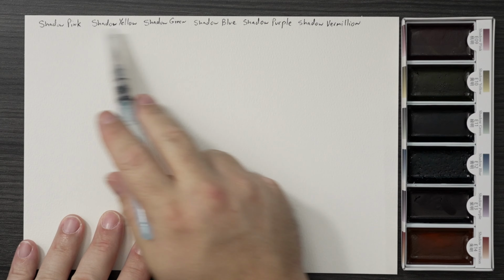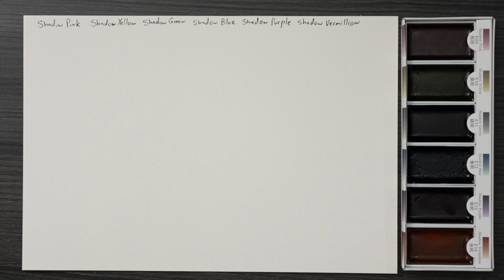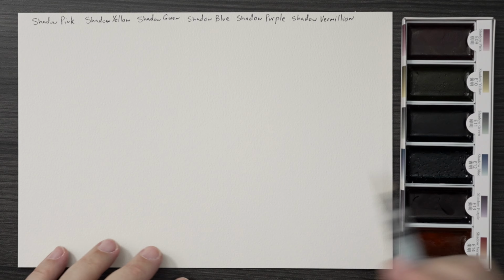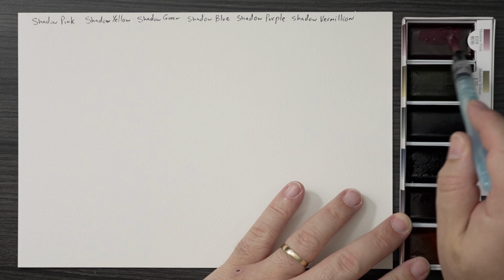Okay, so I've written the names up here. We're going to go in the order that they are presented to us. I'm using a water brush. I know some of you are so disappointed. Don't worry about it. Alright, so we will start with the shadow pink, which I'm almost certain